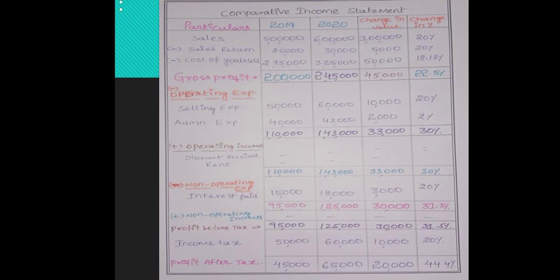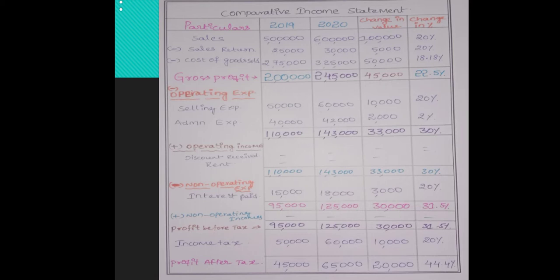So current year amount minus base year amount, then we will get the change in value. So 6 lakh minus 5 lakhs, we get 1 lakh. 1 lakh is the difference, so change in value is 1 lakh. So next, change in percent. For calculating change in percent, change in value divided by base year amount. So 1 lakh divided by 5 lakhs into 100, then we get 20% is the change compared to base year